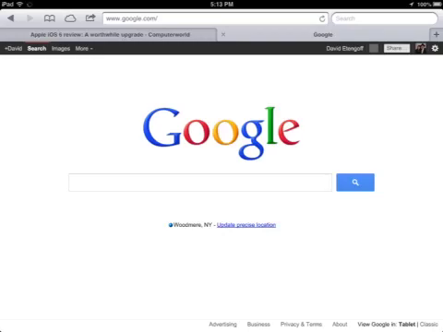Today we're going to learn something really cool about Google. Now I know all of you know how to search for things in Google, but did you know that depending on how you search for things in Google, you can find out some pretty interesting information right from the Google search bar. Today we're going to learn how to use Google's calculator function, Google's unit conversion function, Google's weather function,